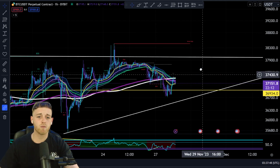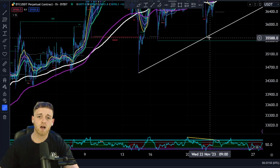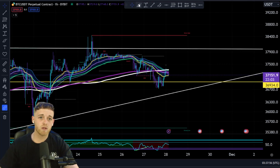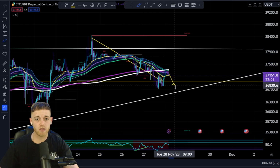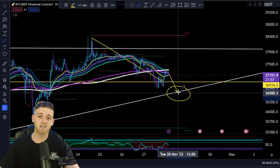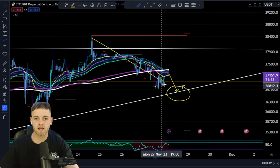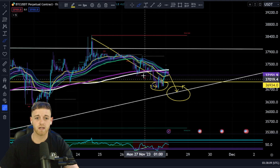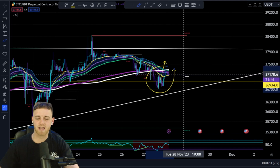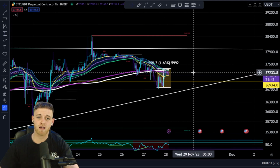Now, as you can see, where we are for Bitcoin, we were talking about this level of support coming through from this upward sloping trend line here. Now, there is a sign right now with this micro downtrend that we could potentially come down and test this level. The level that I'm talking about is 36.6. The more likely scenario that I would say is using this horizontal level of support here, because you can see that we have actually bounced from this area, not insanely aggressively, but we have seen a move to the upside from there, and that consisted of around